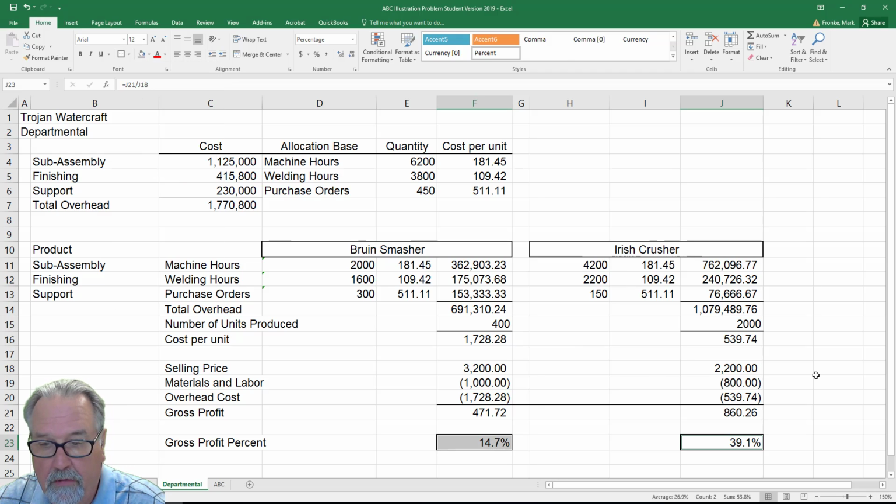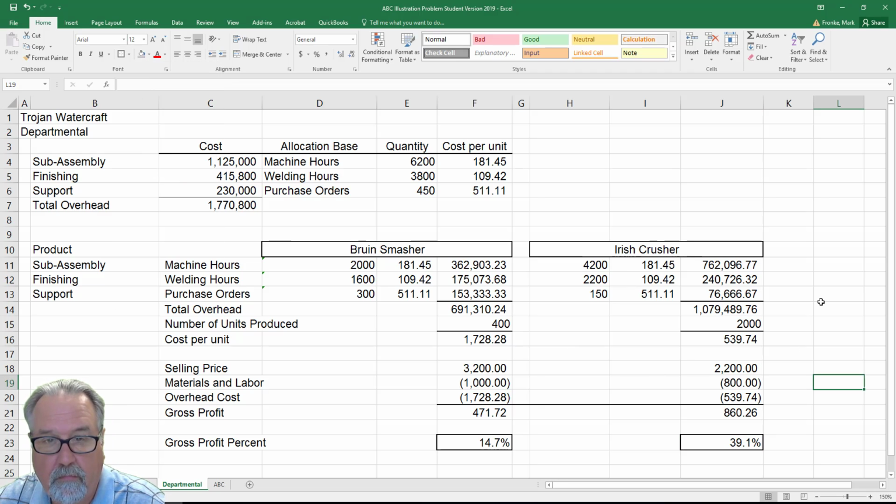And there we go. Now I've got a nice schedule, 471.72, 860.26, and 14.7. You can see that the gross profit percent for the Bruin Smasher went down and the Irish Crusher